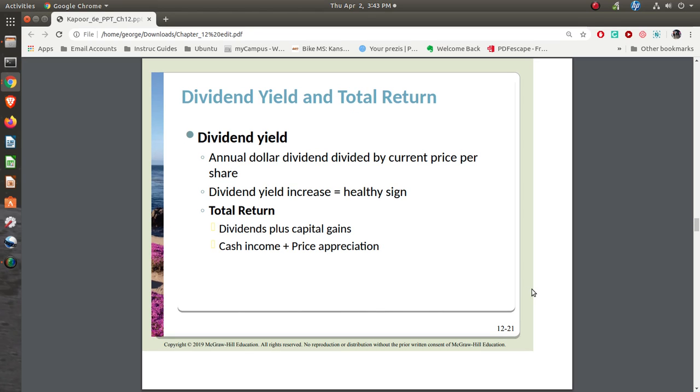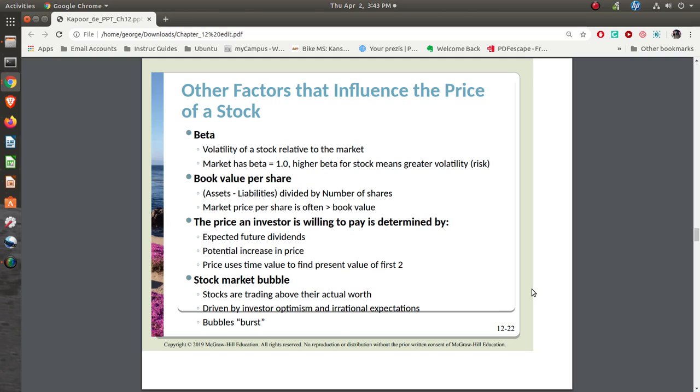Dividend yield is the percentage yield that you're getting from that dividend for the year. Now you'll hear about other things. Beta is basically looking at the volatility of that stock. Book value per share is the net worth, remember assets minus liabilities, net worth divided by the